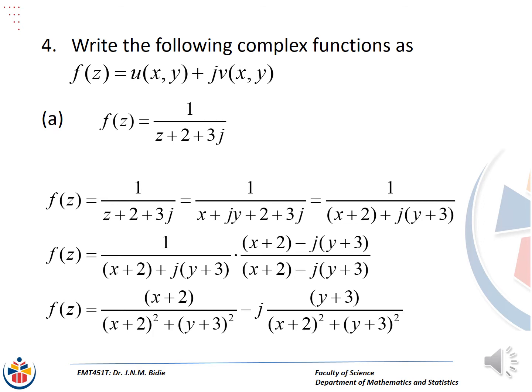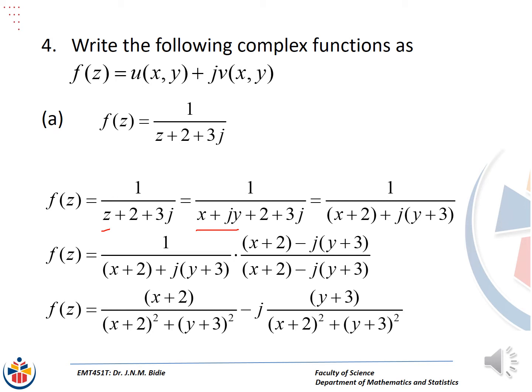Number 4. Now we have to write the given function as u plus jv, noting that both u and v are functions of x and y. So what we remember is that z is equal to x plus jy. That's where we start. So first thing I did was to substitute in place of z, x plus jy,